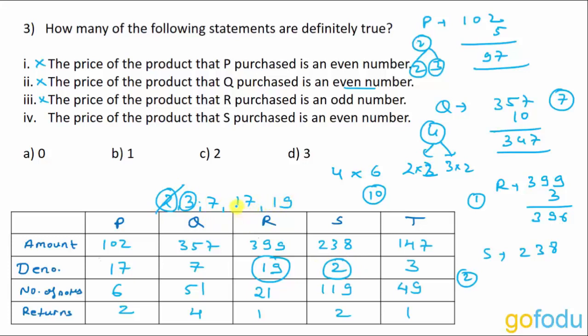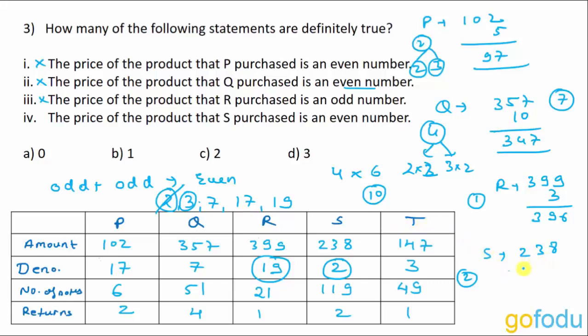Now one thing that you have to notice here is that we have all the odd numbers with us and we have to add 2 odd numbers. Odd plus odd will definitely be even. Suppose 3 plus 7, 10, even; 7 plus 17, 24, even; 17 plus 19, 36, which is also even. So odd plus odd will always be even. So there will not be even a single case possible where the addition of any 2 numbers among these 4 results in an odd number. So it will always be even.